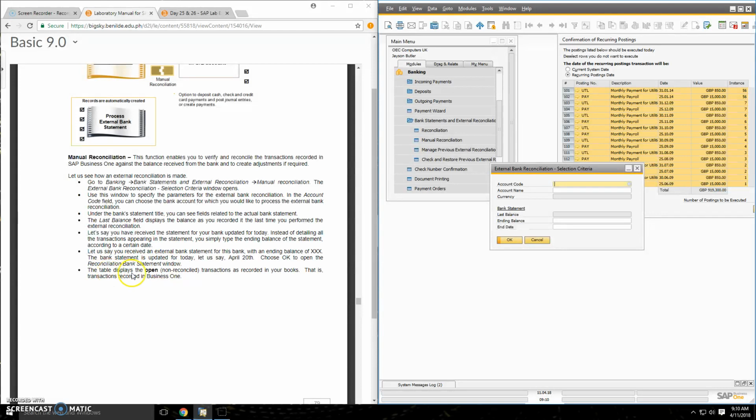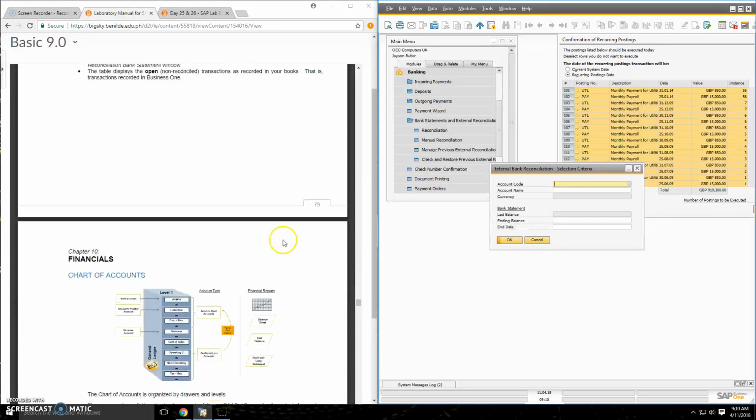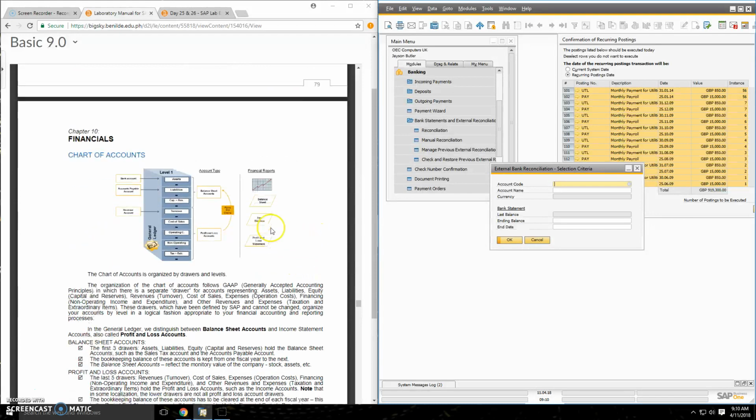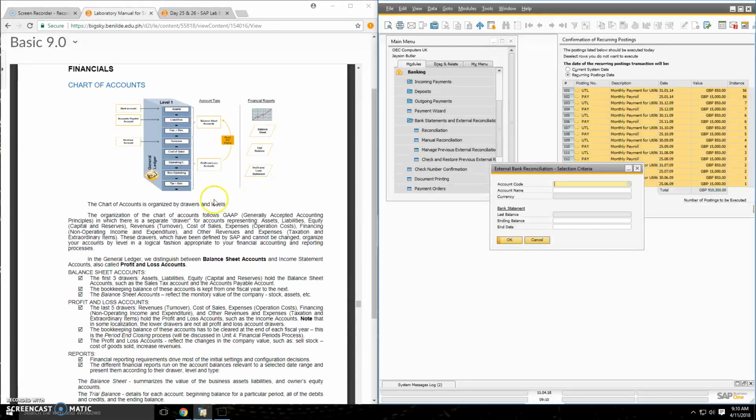The table displays the open reconciled instruction as recorded in SAP Business One. So in chapter 10, the financial chart of accounts. The chart of accounts is organized by drawers and levels. The organization of the chart of accounts follows GAAP, or Generally Accepted Accounting Principles, in which there is a separate